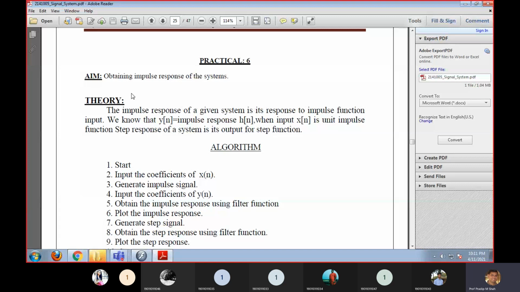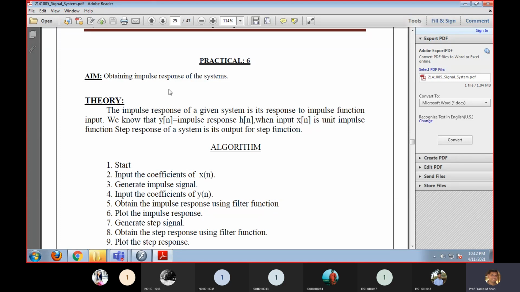So today we are going to find some of our system responses. See the flow. First we started with the signals. We developed the sum of signals, basic signals, operations on the signals. Then we moved on to the systems. We found the system output in the form of a convolution. Now we are moving on to the system responses.